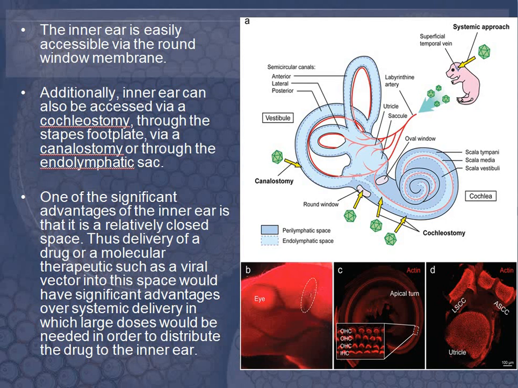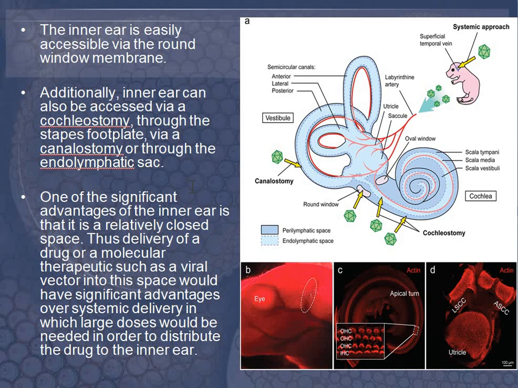So here you can see the inner ear is easily accessible via the round window membrane. This is the round window, and it has a membrane over it. Additionally, the inner ear can also be accessed via cochleostomy through the stapes footplate, via a canalostomy, or through the endolymphatic sac. We can go into the cochlea while doing the cochleostomy. We can go into the inner ear by the endolymphatic sac. So there are various routes by which we can administer any vector or any drug into the